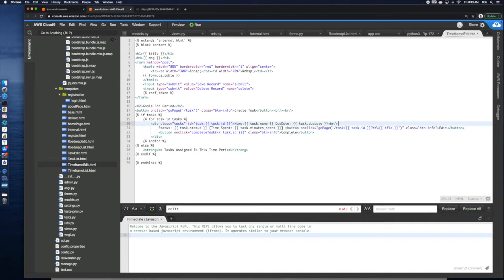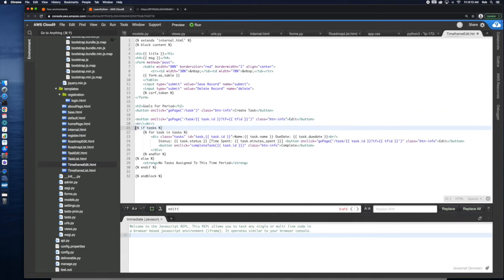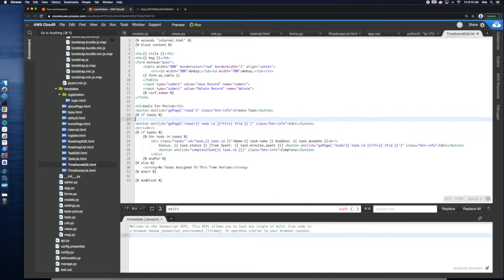And we're going to create a button here that says create task. So let's go here. We're going to do, if parent, I need an end if.